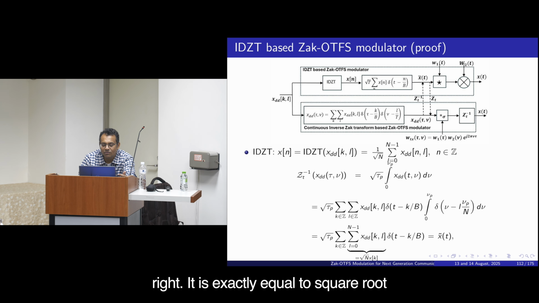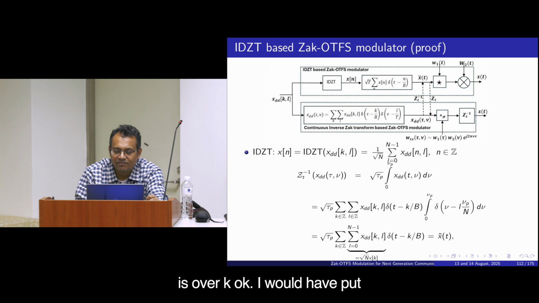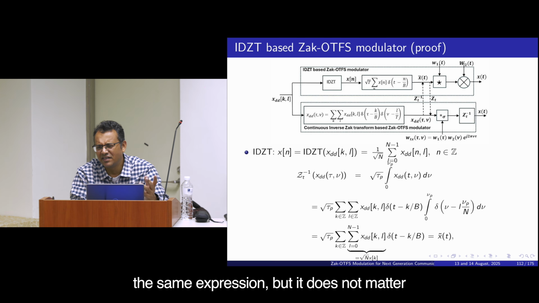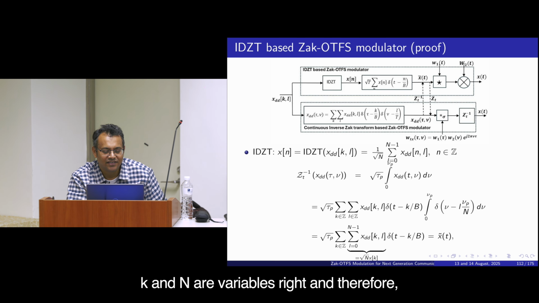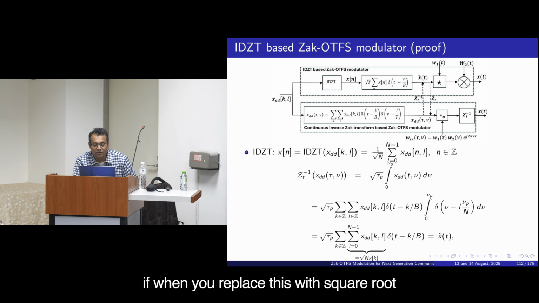It's exactly equal to square root of N times xk. I have put a k here because this summation is over k. If I replace this k with an n, you will exactly get the same expression, but it does not matter, k and n are variables, right. And therefore, when you replace this with square root of N times xk, you will exactly get this expression,